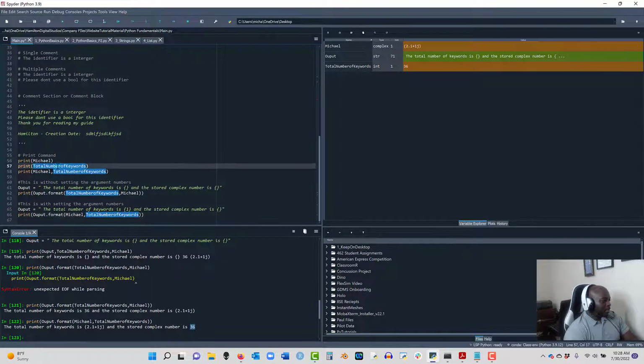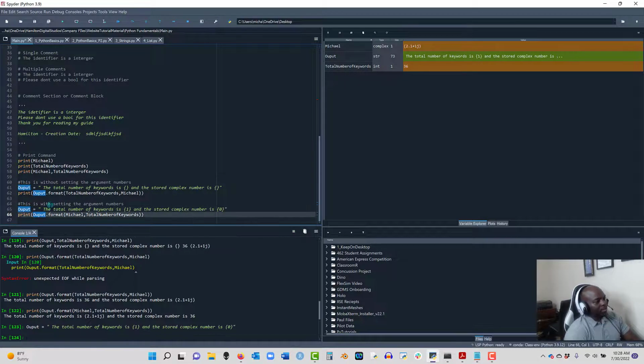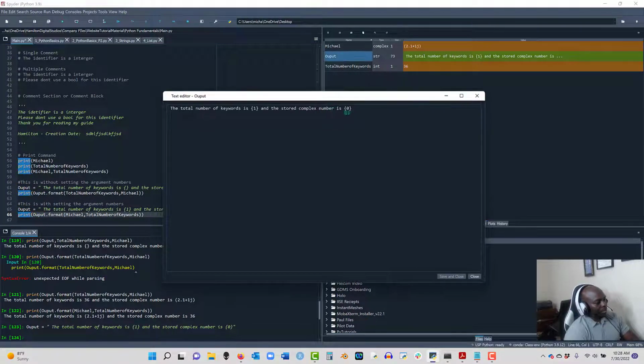So here again, this is in the ones place because it's the second element in the format, and this is in the zeros place. So let's put 0 here. Now when I run, first I have to run the output line to make sure that the 1 and the 2 show up. If you double click here, you can see that it's a 1 in the first place and there's a 0 in the second place. All right, so I'm going to close this down,